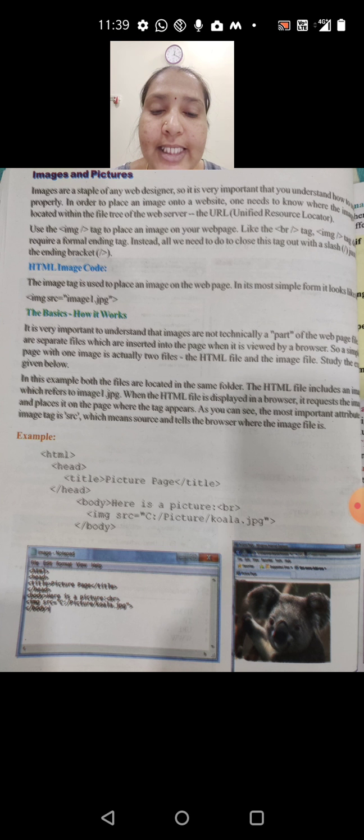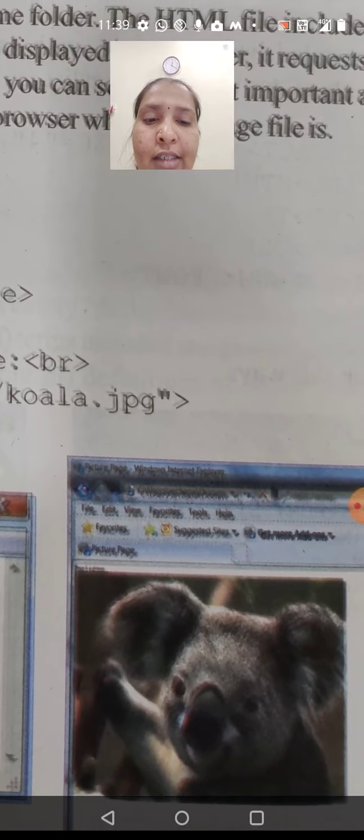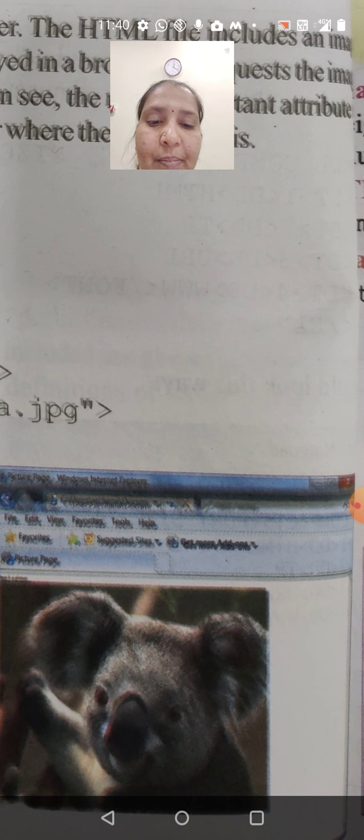That means it is in the C drive, in the picture gallery, with a file name called koala.jpg. The extension which is used to store the image is .jpg. This is the code. Once we have written this code, this is the image that we are going to get in a web page.